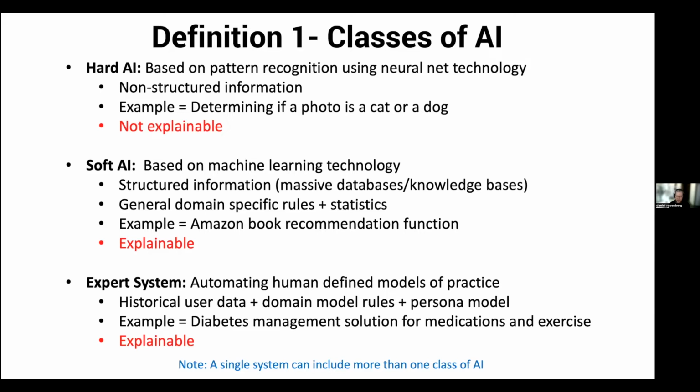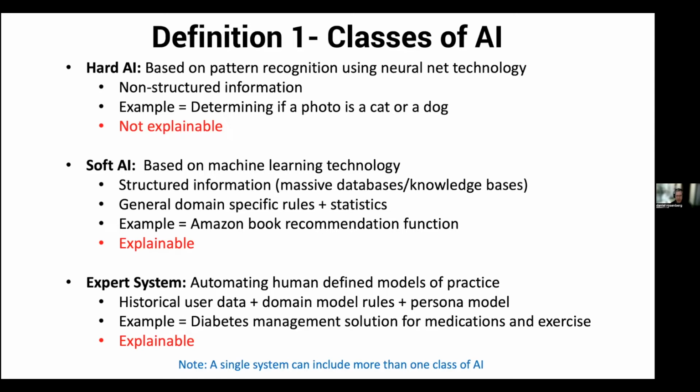And then the third category is expert system, where there is a human way of doing this, and humans can codify the rules. For example, and I could have a third case study depending on how our timing goes, in the diabetes area, where you're trying to have a solution for patients to help manage their medication and exercise. In effect, you as a human being can define the operative rules, and the software is just following them under the flavor of an expert system.